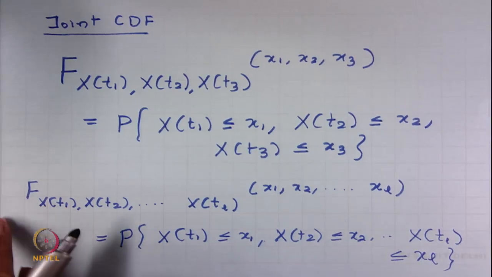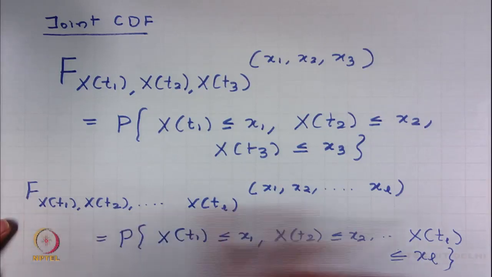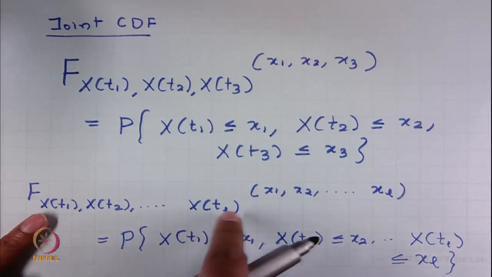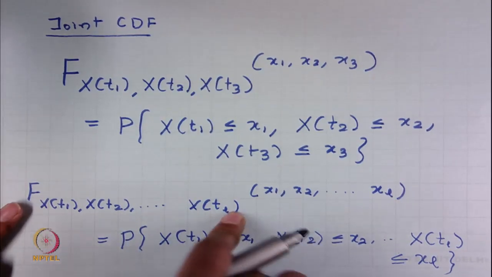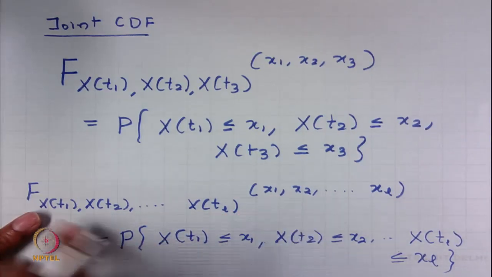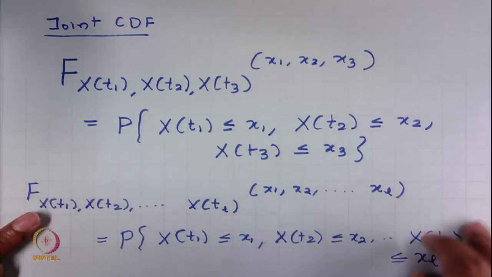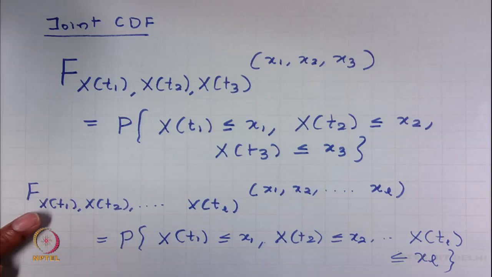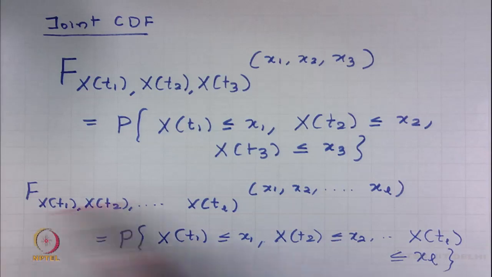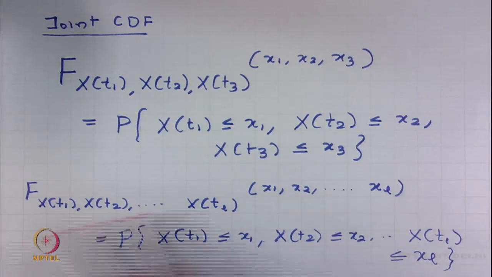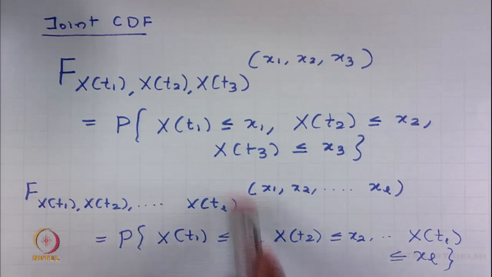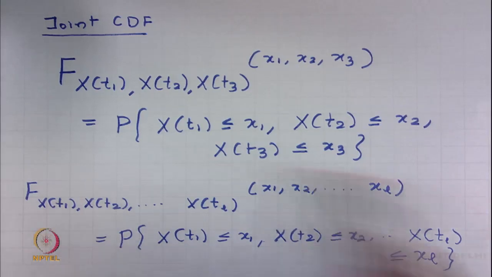So, you can obtain a joint cumulative distribution function by taking countable epochs. Here, for example, let us assume that L is some positive integer. So, I have assumed L random variables and I can construct a joint cumulative distribution function for this random process. If you look at this expression, it might have started to give you sleepless nights. This expression looks very scary because now I have L random variables involved, and to fully characterize a random process,